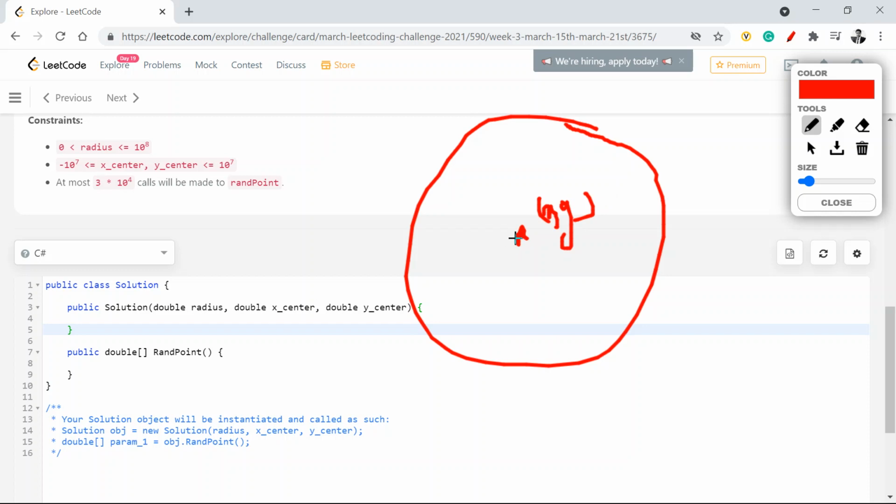In a given circle, this is the radius. The ask is that I need to return any coordinate which comes inside, whether it's on the line or inside the line. If I give a value which is this, then this is wrong. But if I give this, this is right, this is right, this is right.